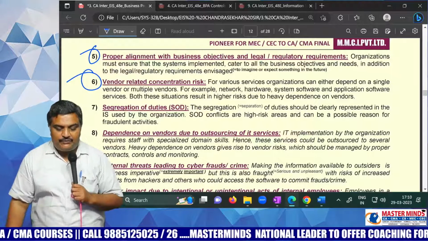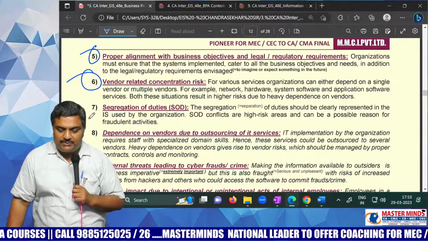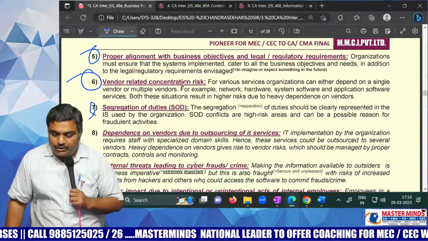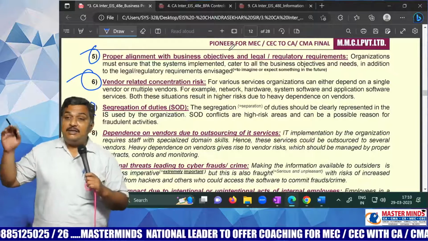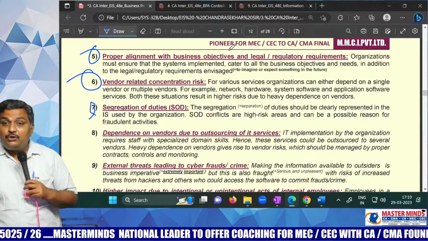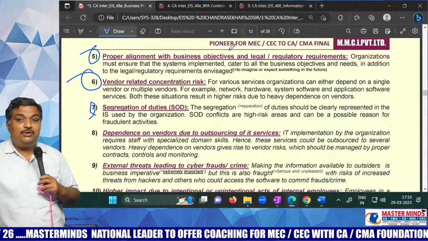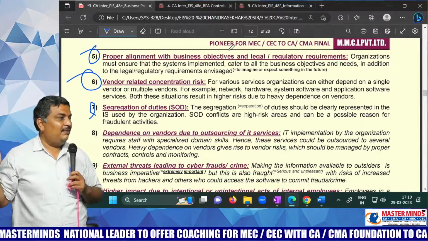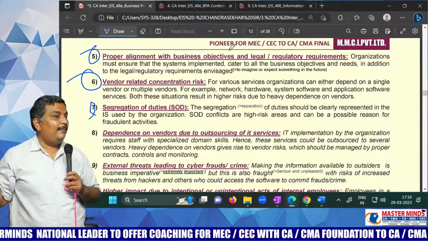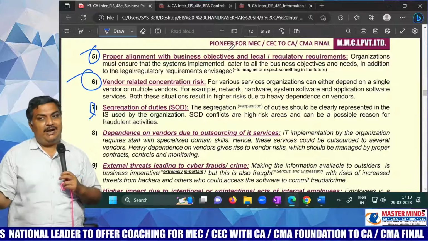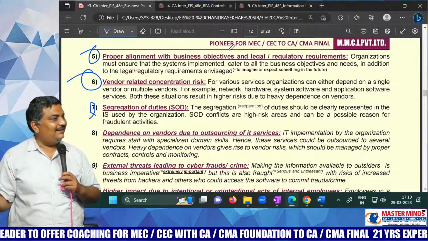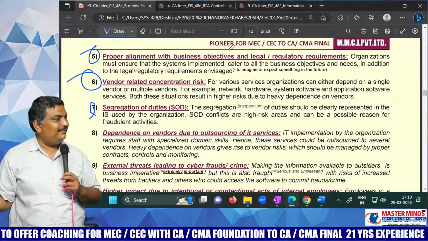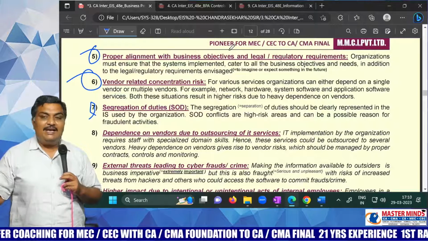And segregation of duties, very important. Segregation of duties means what? Who should do what work? Segregation means separation. This is a very important point. You should not allow a single person to do all the things. Why? See, men are mortal. Men are immortal or mortal? Mortal. May die at any point of time, all of a sudden. If a single man is doing everything,